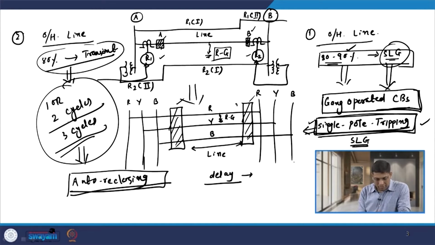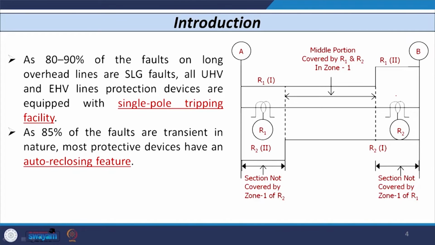So, that means if I wish to achieve the auto reclosing feature, then distance relay again is not capable. So, we need to use some other philosophy, or we need to modify the conventional distance relaying philosophy, so that we can utilize the auto reclosing feature in the conventional distance relay. Same way, if we want to utilize single pole tripping, then also we need to either modify or go for some other type of relaying scheme. So, these two are the major disadvantages of the distance relaying scheme, that is single pole tripping and the auto reclosing